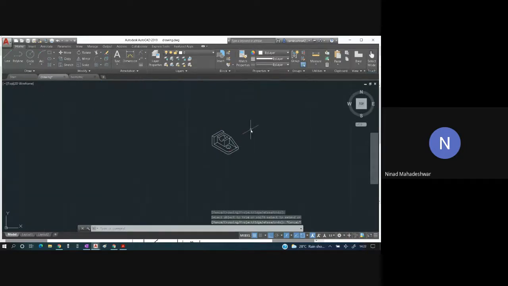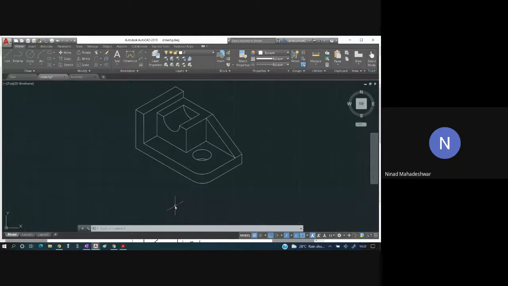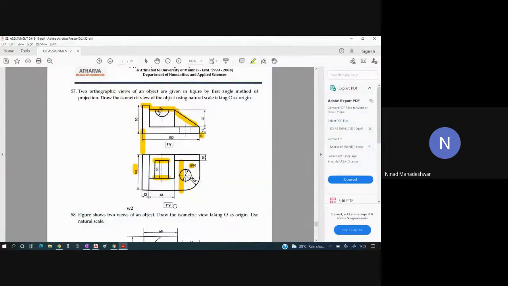This is how the entire isometric view is going to look. Have you understood this? Yes, sir. Take your time and draw this. Once you have completed, tell me.